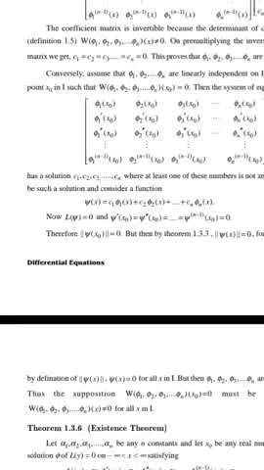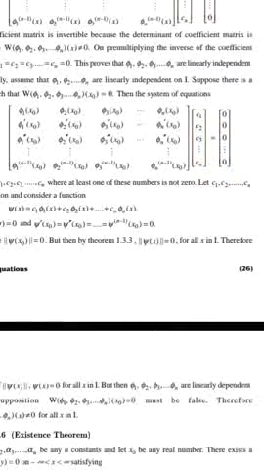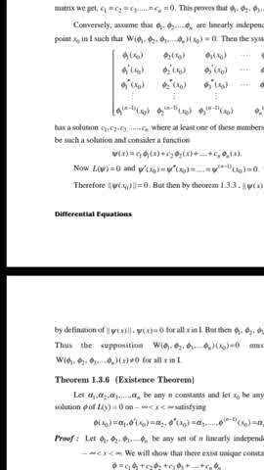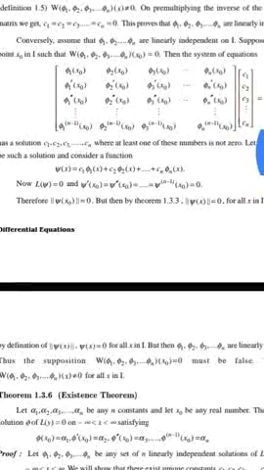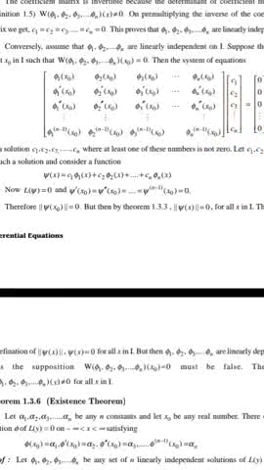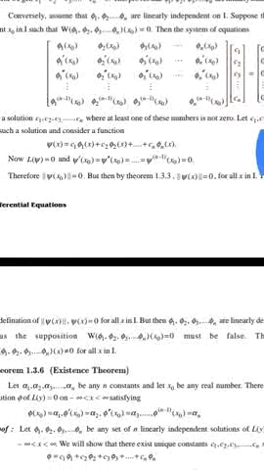Conversely, assume that phi1, phi2, ..., phi n are linearly independent on I. Suppose there is a point x naught in I such that the Wronskian of phi1, phi2, ..., phi n at x naught is equal to 0. Then the system of equations with coefficient rows phi1 of x naught, phi2 of x naught, phi3 of x naught, ..., phi n of x naught; phi1 dash of x naught, phi2 dash of x naught, ..., phi n dash of x naught; and so on, and unknowns c1, c2, ..., cn, equal to 0, 0, 0,